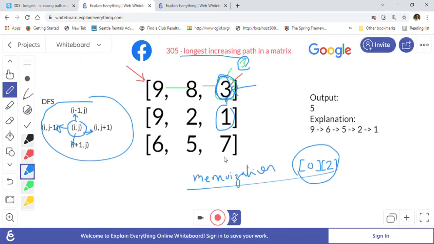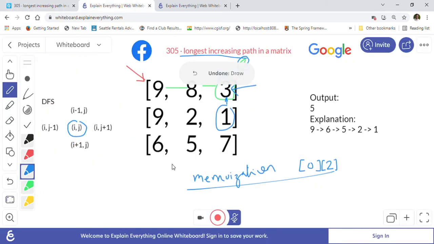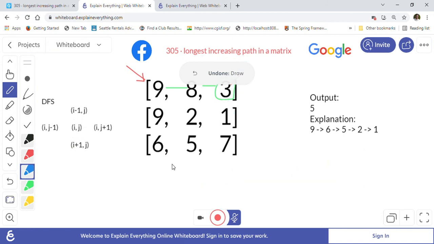So for example, let me just remove this so I can reuse this example. If we are doing a DFS from this one cell, and if we go to 3, so 1 to 3, 3 to 8, 8 to 9, this path will give us 4 distance.